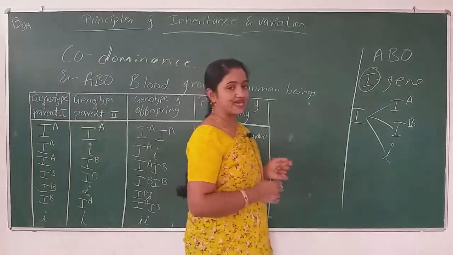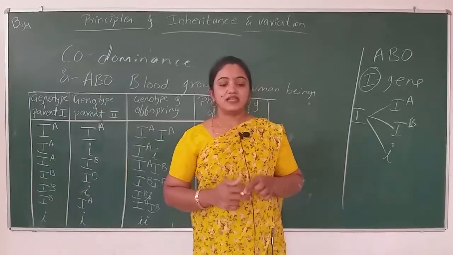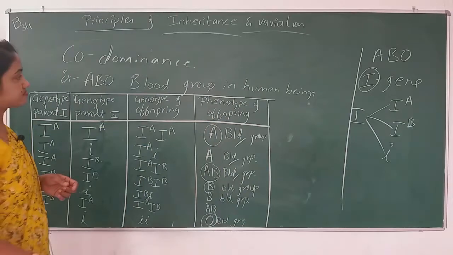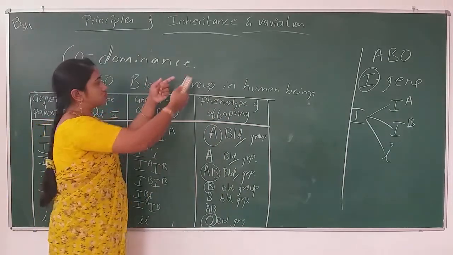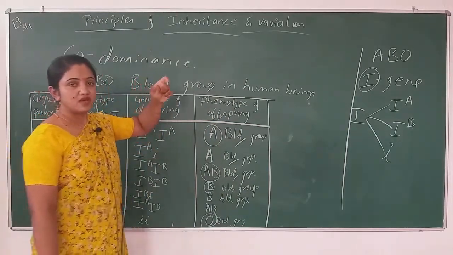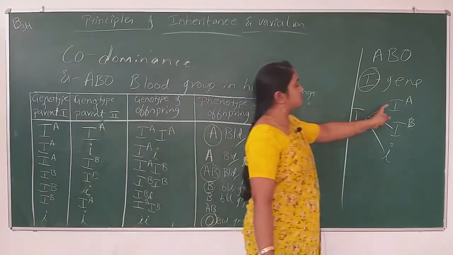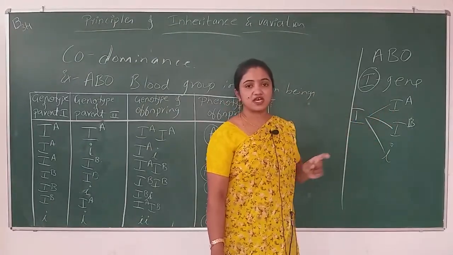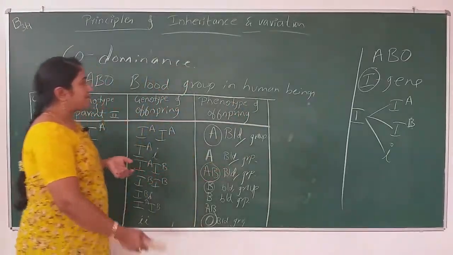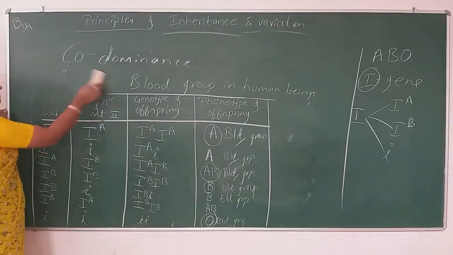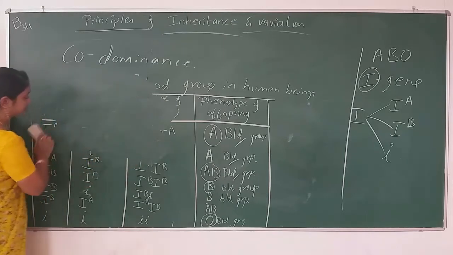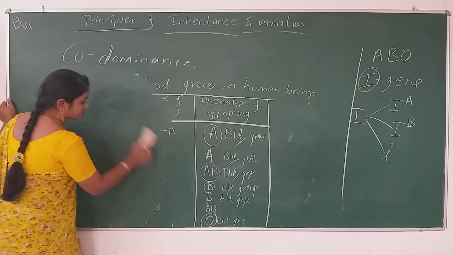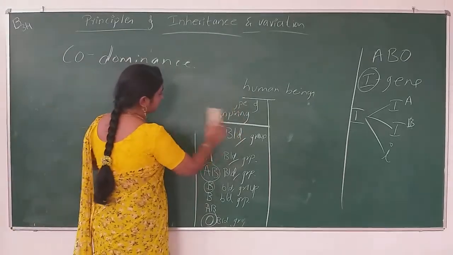So, I will tell you one more example in this co-dominance. It also refers to multiple allelism because there are not just 2 genes here. Here more than 2 genes or more than 2 alleles are present. It also refers to multiple alleles. One more example I would like to mention here. It is from Mendel's experiment.